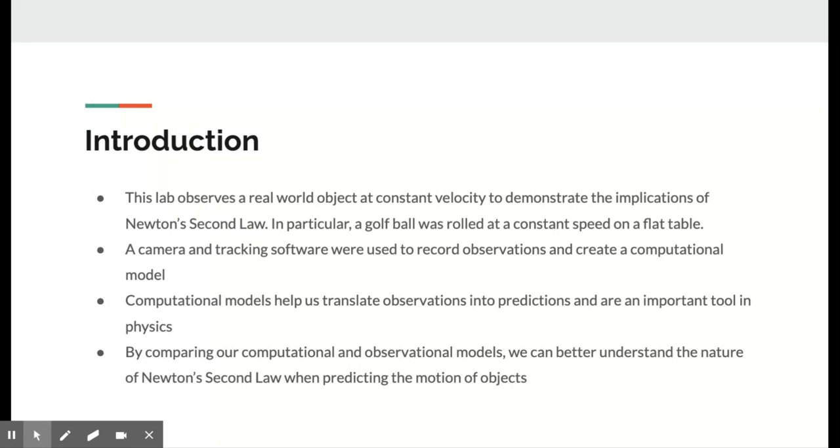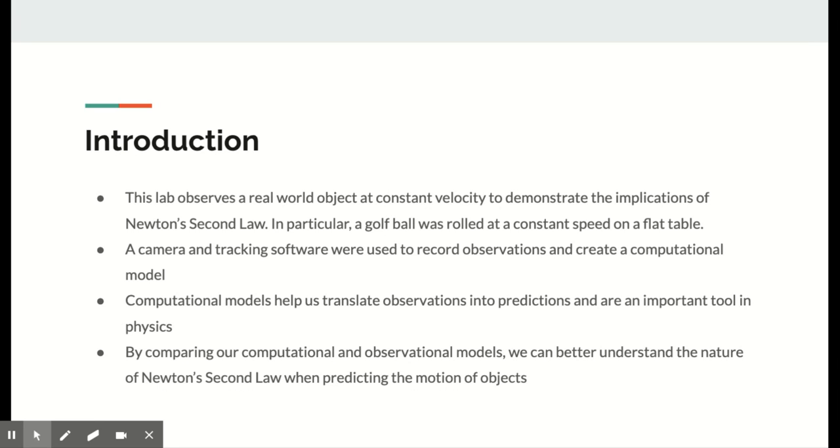This lab observes a real-world object at constant velocity to demonstrate the implications of Newton's second law. In particular, a golf ball was rolled at a constant speed on a flat table. A camera and tracking software were used to record observations and create a computational model. Computational models help us translate observations into predictions and are an important tool in physics. By comparing our computational and observational models, we can better understand the nature of Newton's second law when predicting the